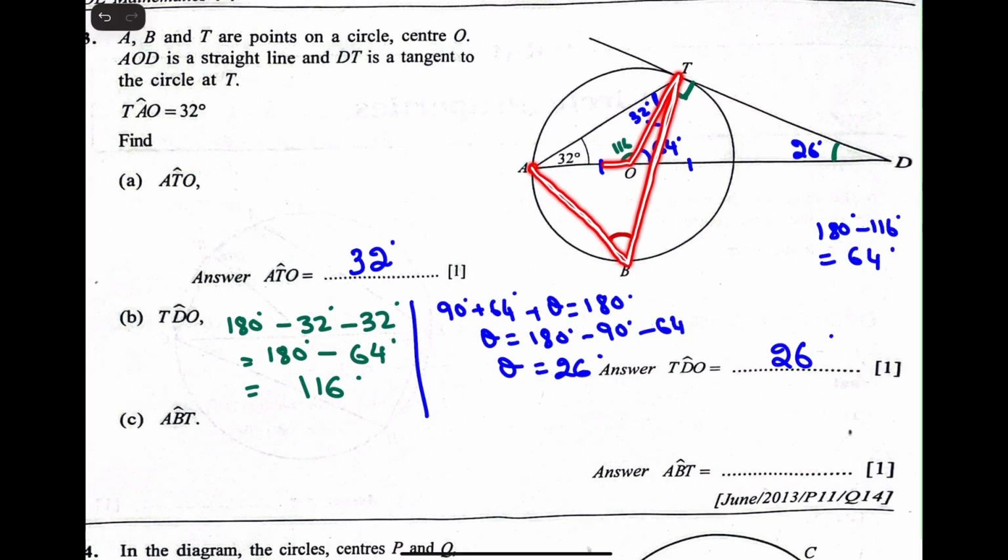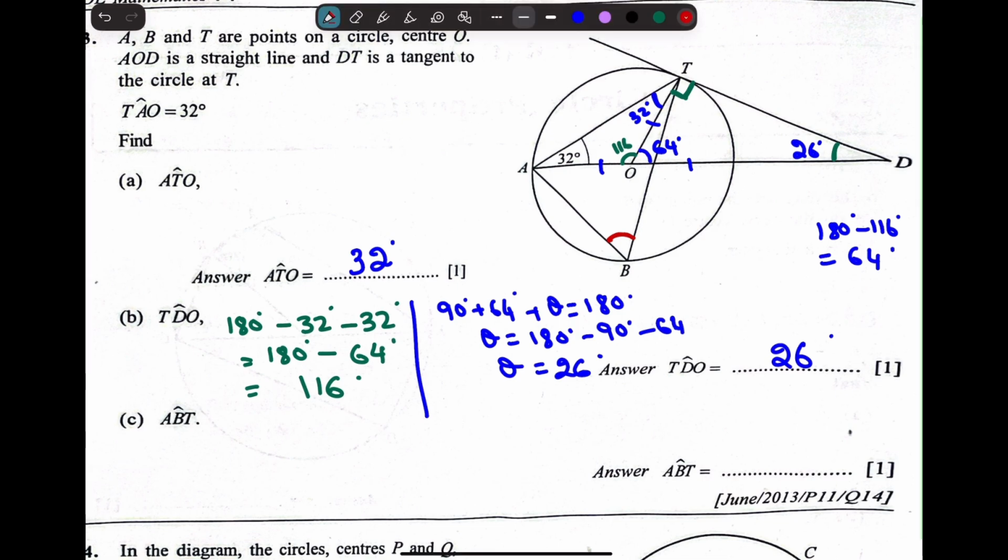So what is the property? Angle made at the center is twice the angle made at the circumference. So basically, you have to divide 116 by 2 and you will get 58. Okay? Why? Because we're applying the property that angle